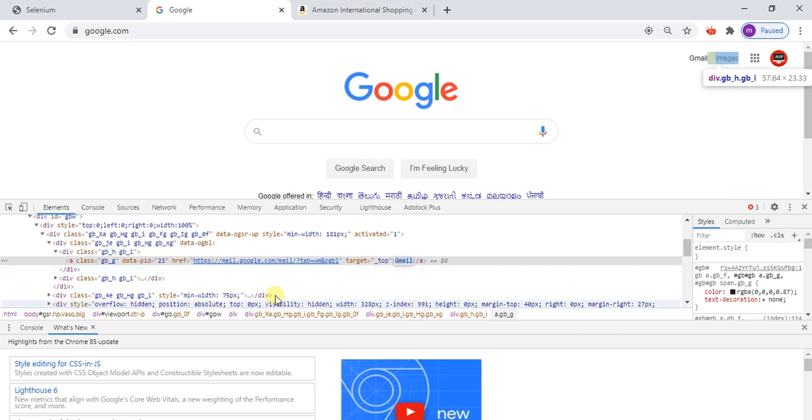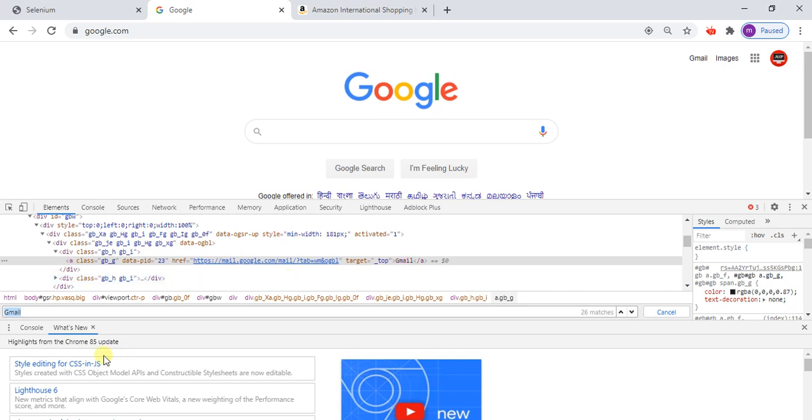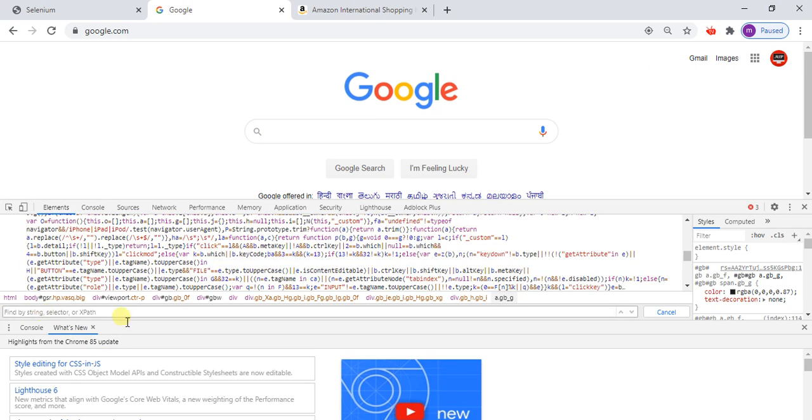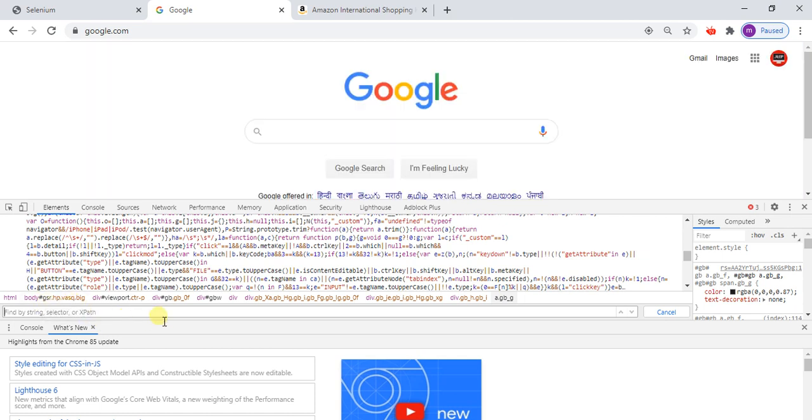On the keyboard, just press Control F. You will find the option here: find by string, selector, or XPath. Once you press Control F, you will find this.